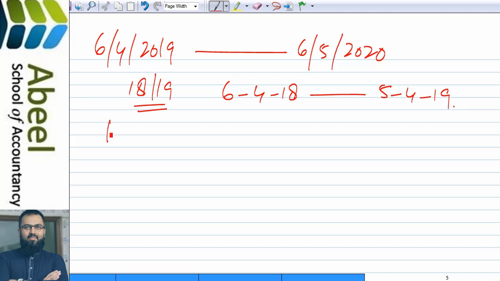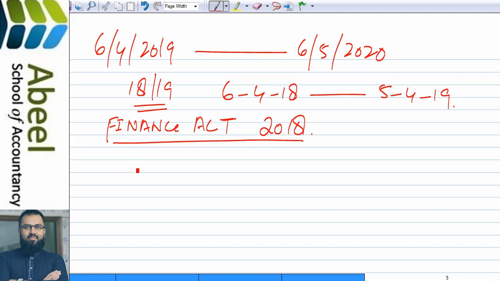Actually, the Finance Act which we are going to study, we will be studying Finance Act 2018, even though we are in 2019. Basically, in the UK we study the Finance Act of the previous year. So in 2019, we'll be studying the Finance Act of 2018, which is applicable